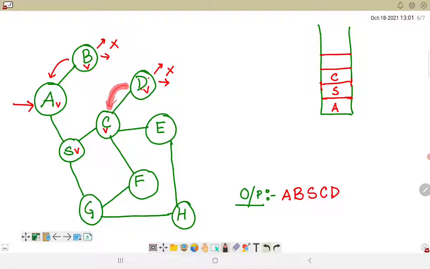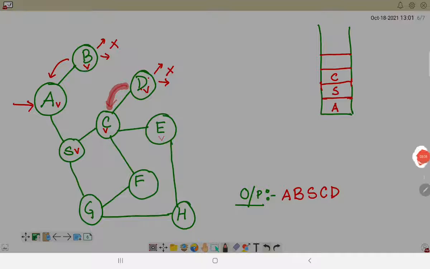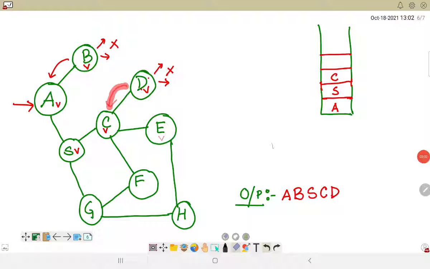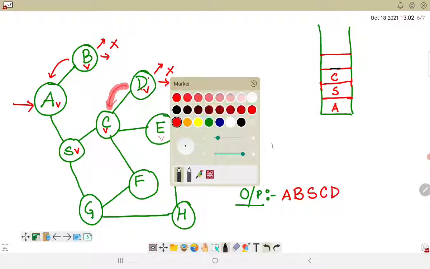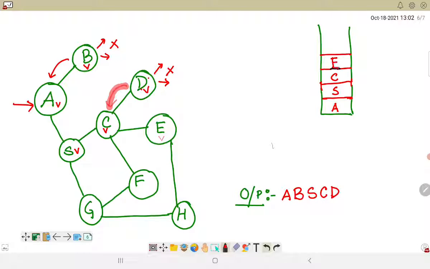E and F are the children of C, but we will enter E first. E will be added inside the stack. So let us consider this E to be inside the stack, and E will also be in the output sequence.